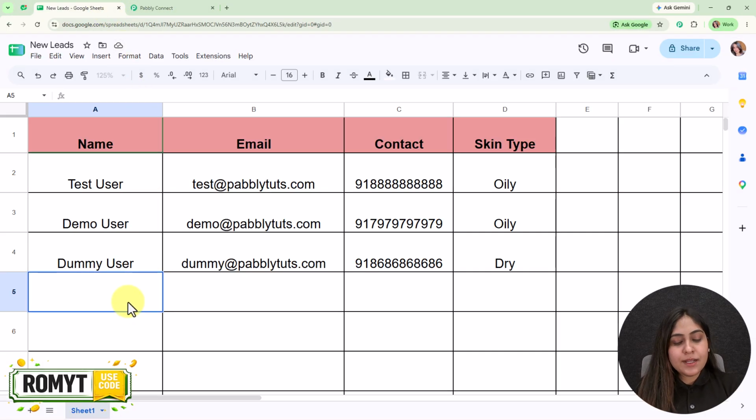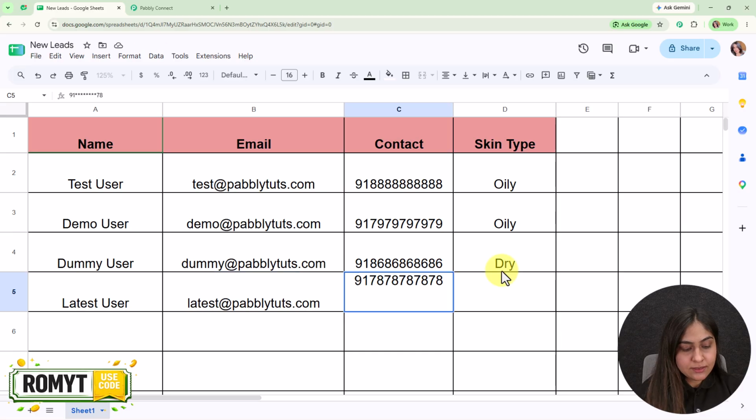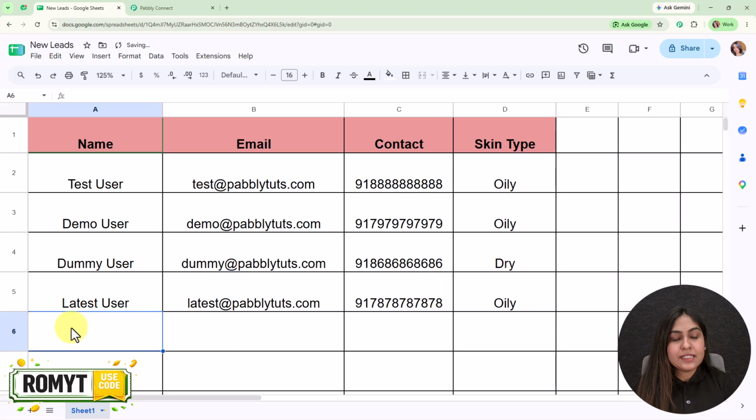Let's suppose that here I'm going to add a new detail. So we have added name as latest user and I'm going to add email as well. And lastly, the skin type. Alright, so these are some random details that I've added over here in my Google Sheets, and as soon as